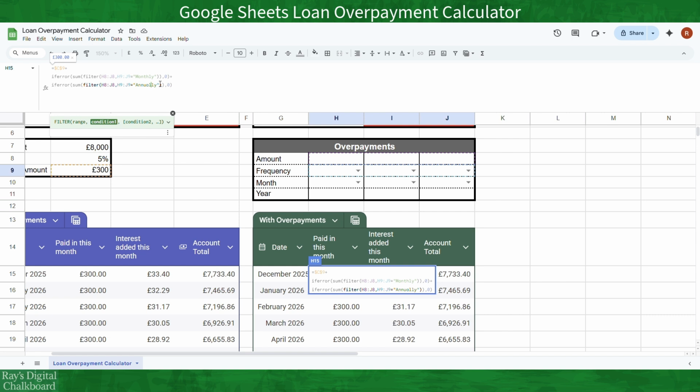And once we've changed this to annually, we'll need to add a comma, and we're going to add a second condition. So this time, these payments are only going to happen once a year on the month that we're told in row 10. So we're going to select H10 through to J10,